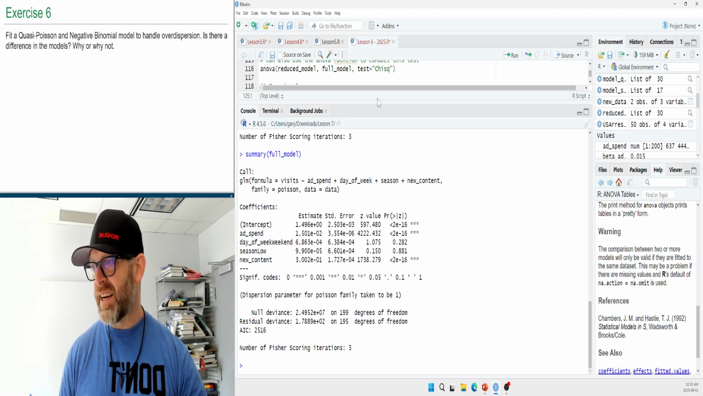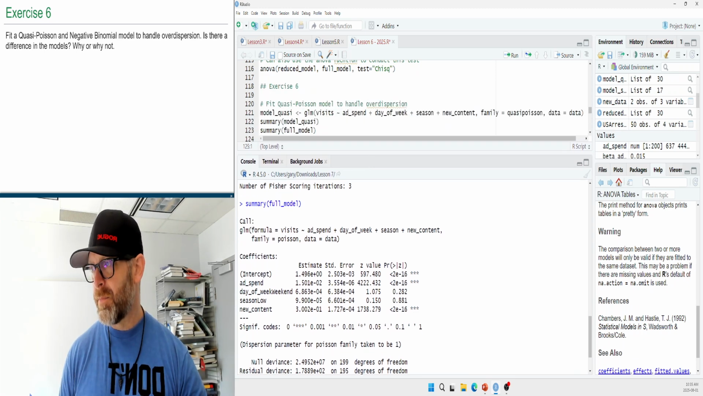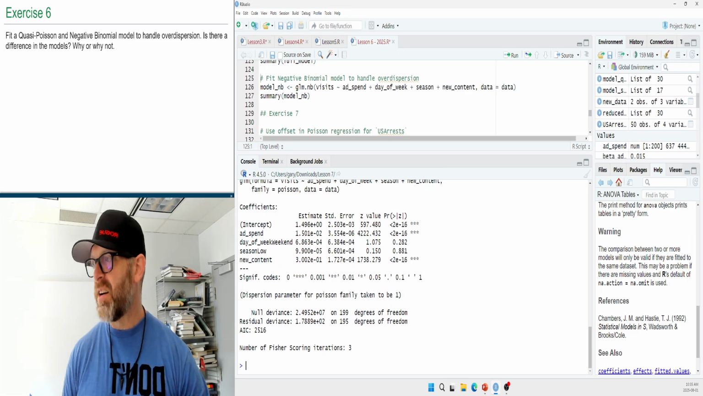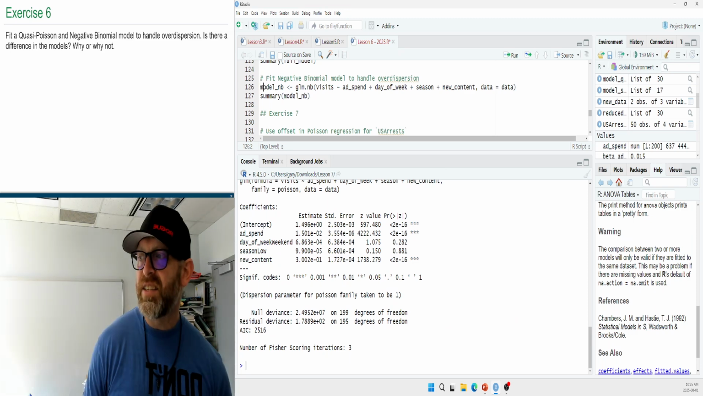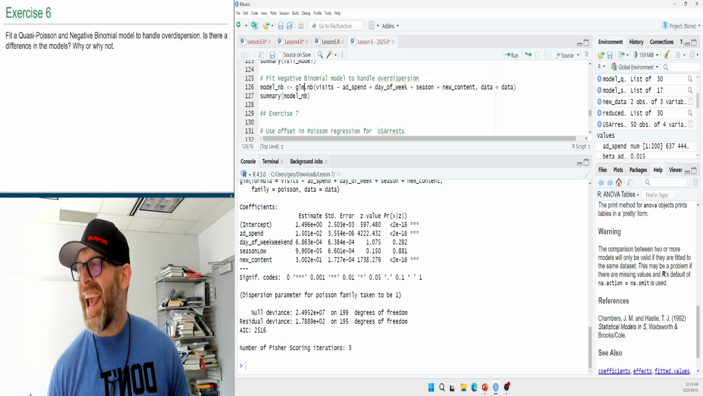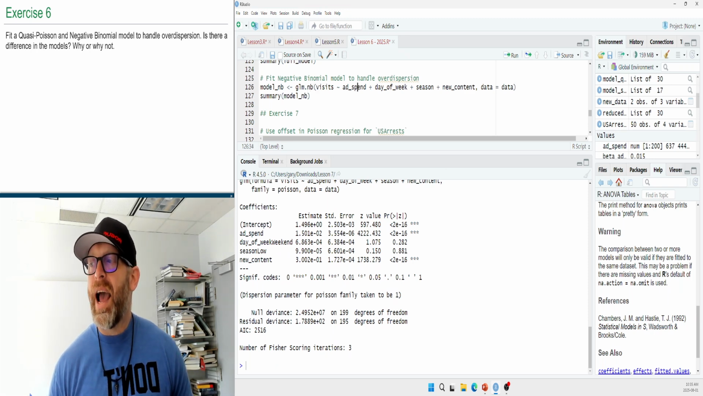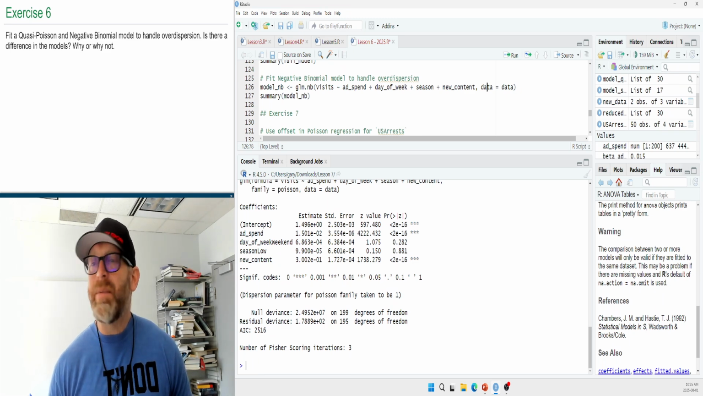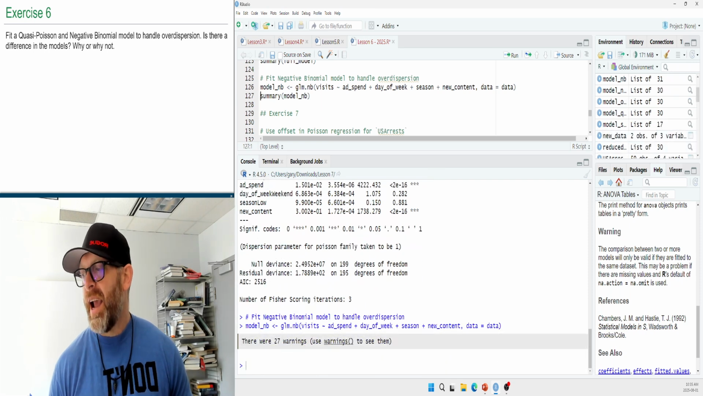All right, now let's do exactly the same thing, but with a negative binomial. So this is on line, at least for me, line 126. So again, we are using the GLM, but not only the GLM, we're using the GLM.NB for the negative binomial. We're saying visits is explained by advertising spent, day of the week, season, new content, and we're doing data is equal to data again. So we don't have to specify the family in there because, again, that's done with the glm.nb. We're telling it that it's for a negative binomial. So if I run this, and I run the summary of this,